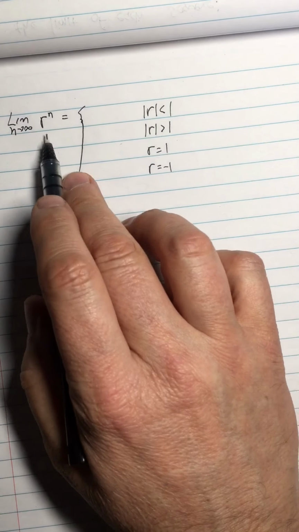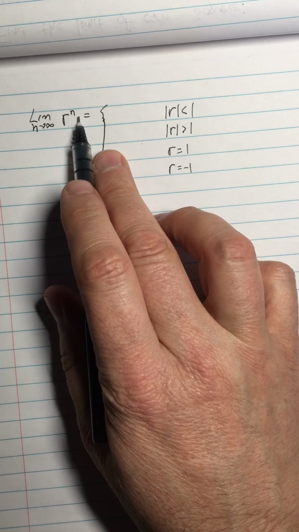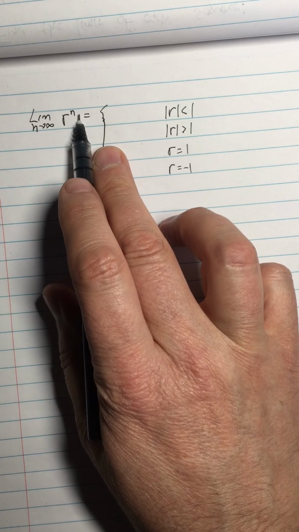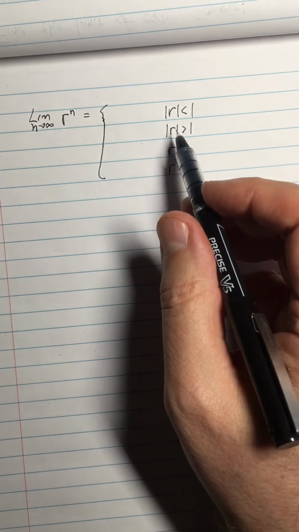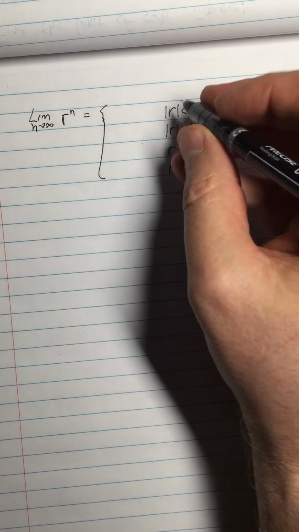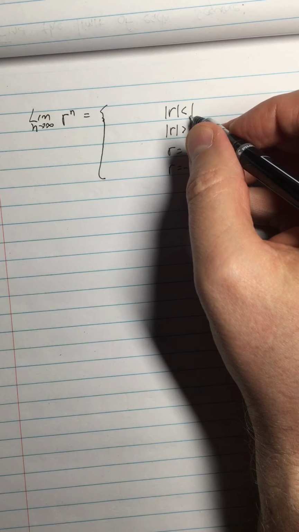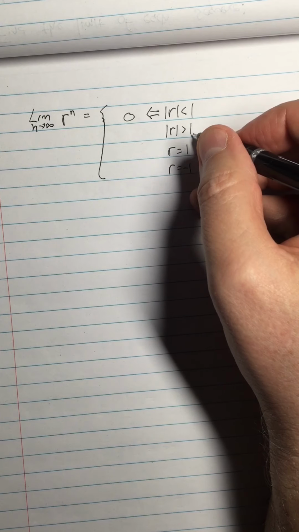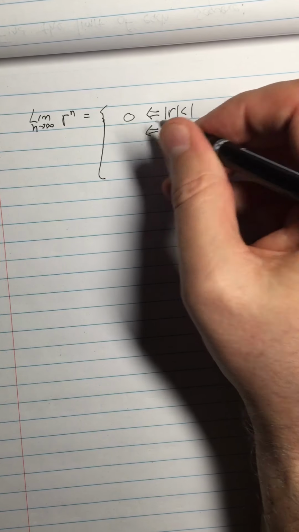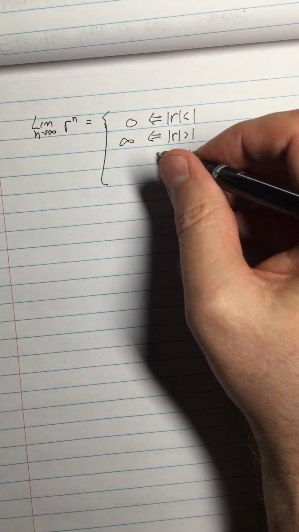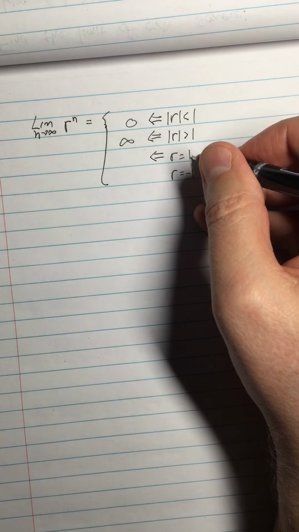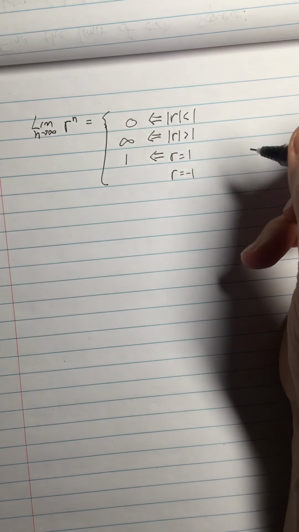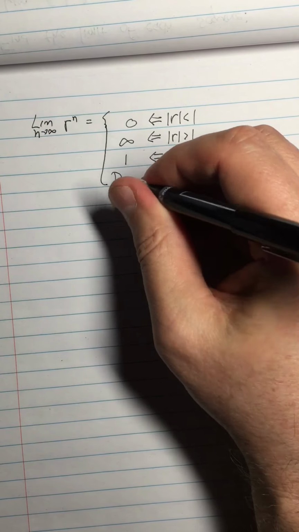Now, really a geometric sequence is a sub 1 r to the n minus 1. But as n approaches infinity, the -1 is not going to matter. And you're going to see that the a turns out not to matter either. It doesn't matter if you started from 1 or from 12 or whatever. What matters is what the r was. So if the absolute value of r is less than 1, like -1/2 and 1/4, then that limit is going to be 0. If the absolute value of r is greater than 1, like 5/4, then that limit is going to be infinite. If r is equal to 1, that means we just go 1, 1, 1, 1, 1. That limit is 1. And if r is equal to -1, then that limit does not exist.